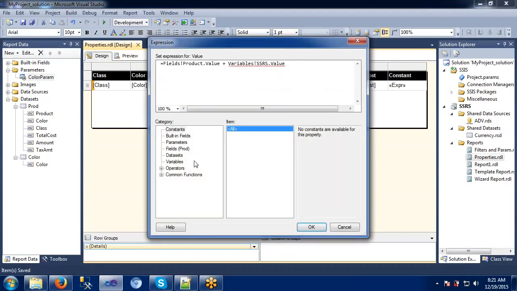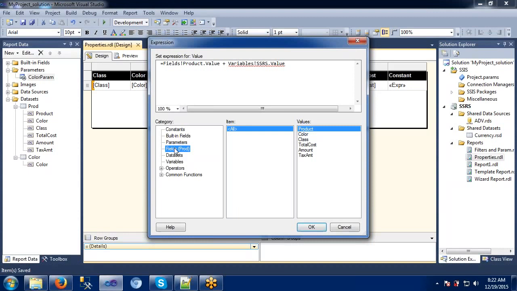In the expressions here, data set, I have given some concatenation value. The same thing we can use anywhere. Here it is getting some scope issue, but don't worry. Using this data set, as I told you, 90% there won't be much use of this one. The most frequently used are parameters and fields. Very rarely are we going to use data sets.